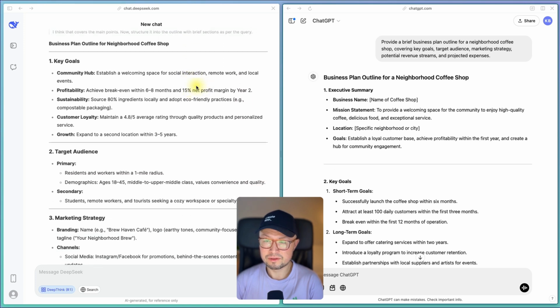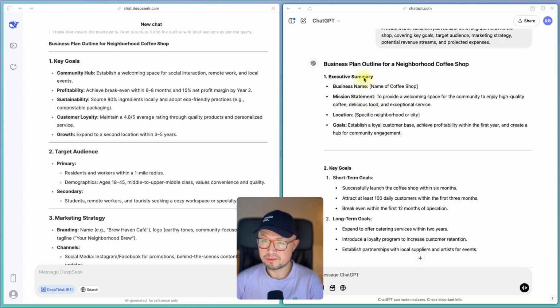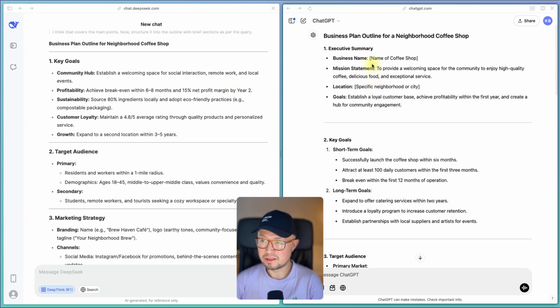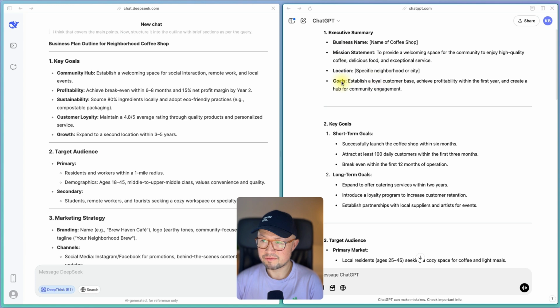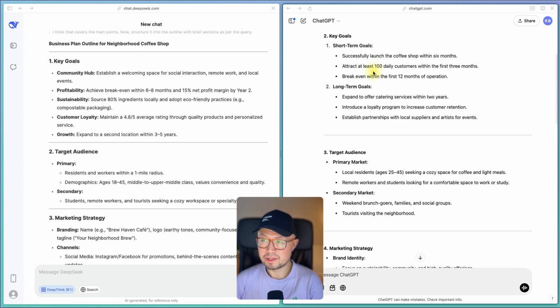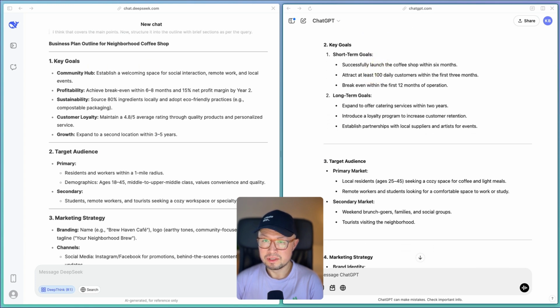So let's look at the actual output here. ChatGPT gave us a little executive summary, which we didn't get with DeepSeek, but it really doesn't have much useful stuff in it. Then we go down to the key goals. So I can see immediately that DeepSeek is a lot more specific. It said stuff like achieve break even within 6 to 8 months and a 15% net profit margin by year